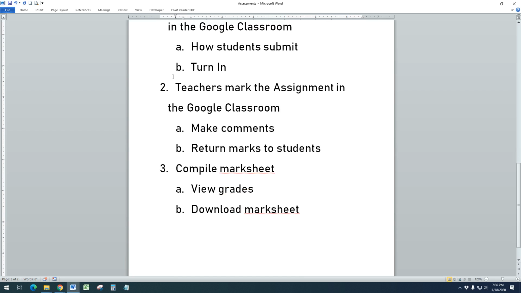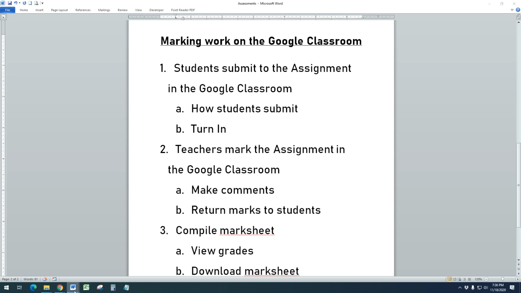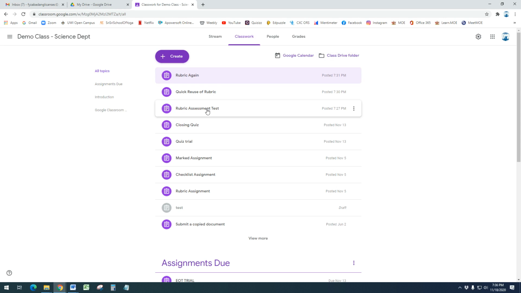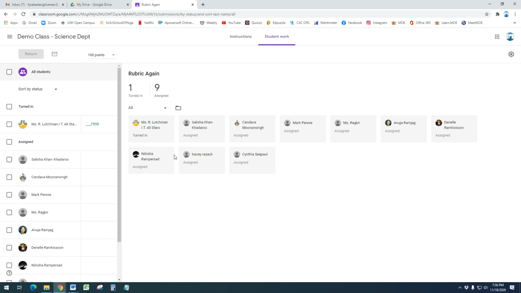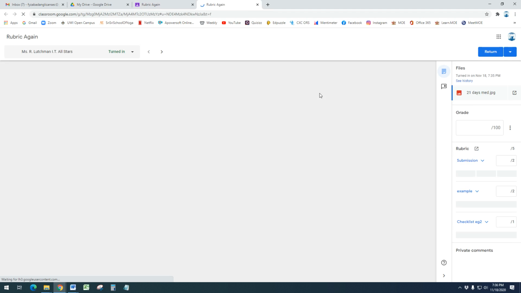Right. So as a teacher, I can mark the assignment in the Google Classroom. I can make comments and then return the marks to the students. Okay, so let's do that. So as a teacher, I'm going to look at the different assessments. Let's start with this first one. And I can see that only one person submitted something, everybody else is nothing, and then one person only turned in. So I click on that one person,